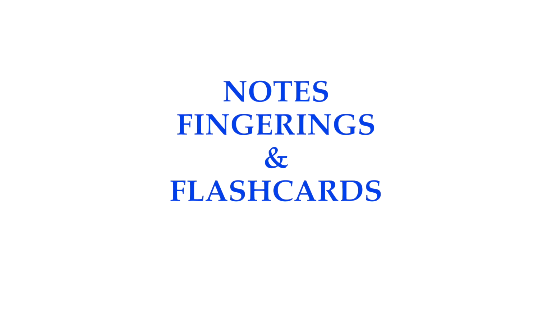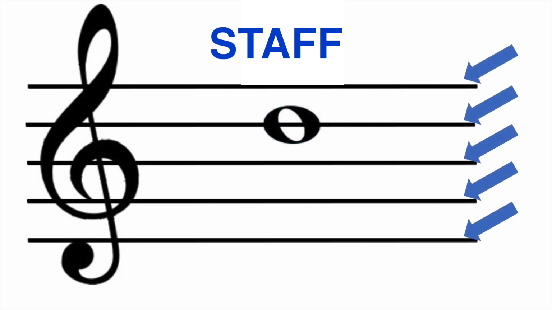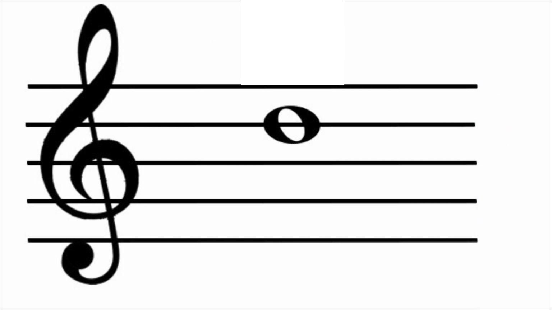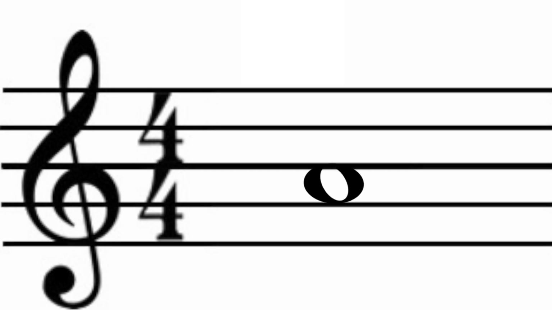Let's learn about notes and the fingerings that go along with them. Notes are round circles that lie on these 5 lines we call the staff. Notes can lie on a line, where it's intersecting the line, or on a space, which is in between 2 lines. I'm going to show you a few notes, and I want you to guess whether it's on a line